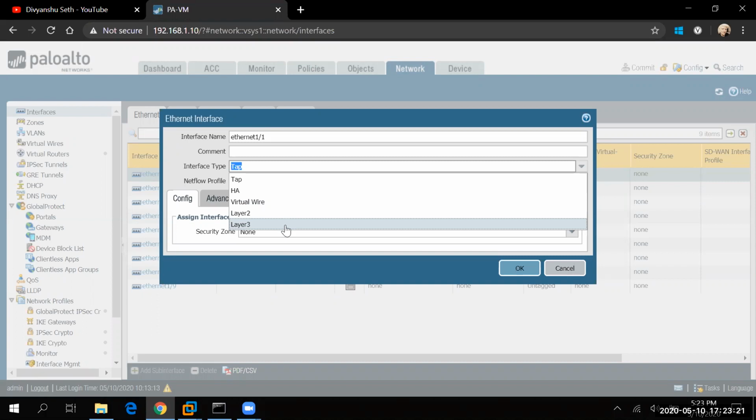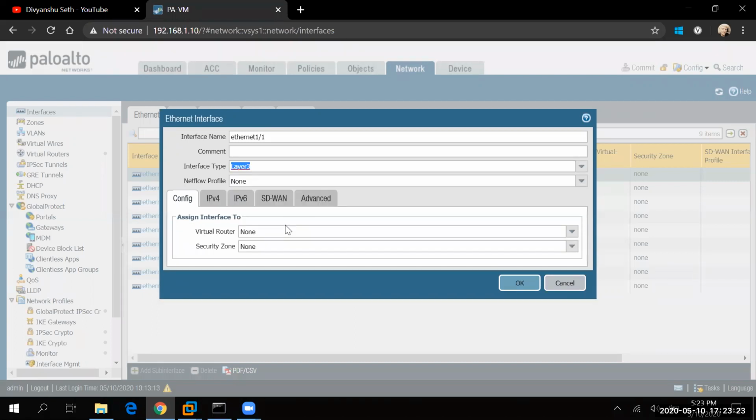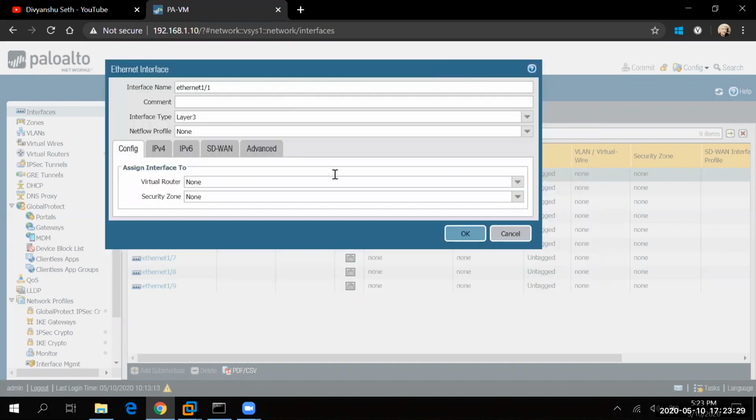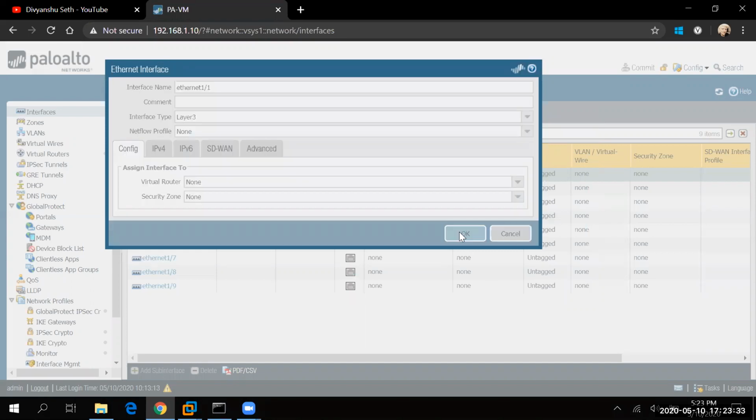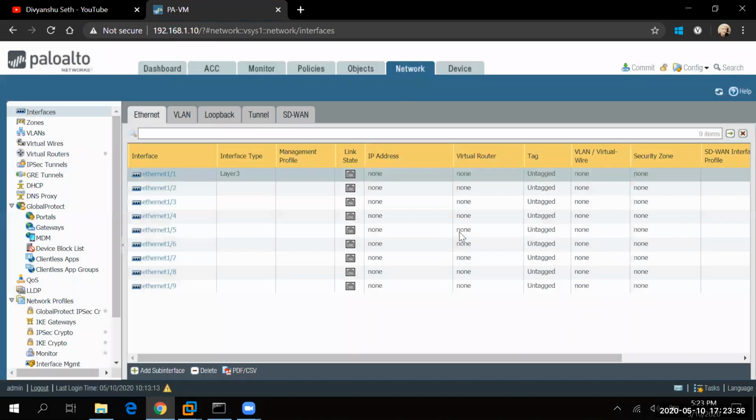So let me just select layer 3. Okay, I'm not going to do anything here. Apart from selecting layer 3, I haven't done anything.